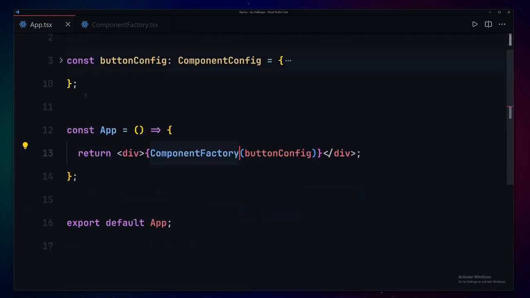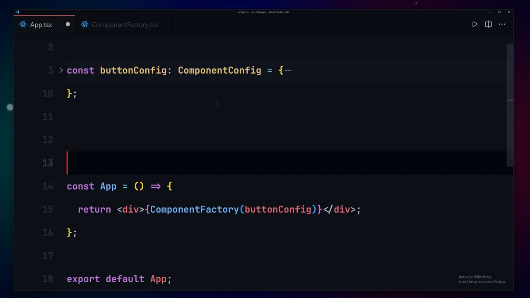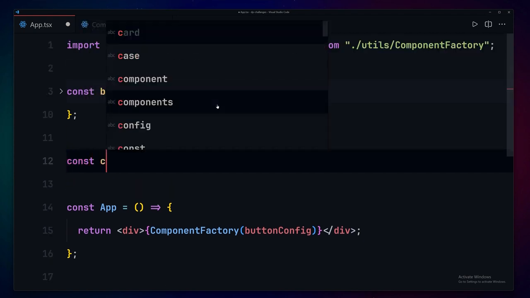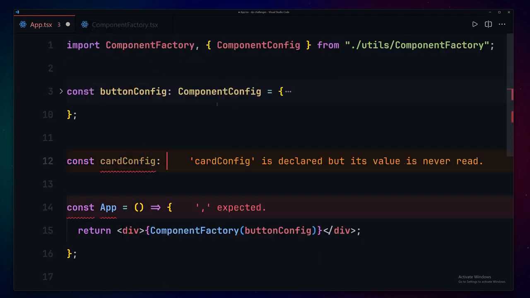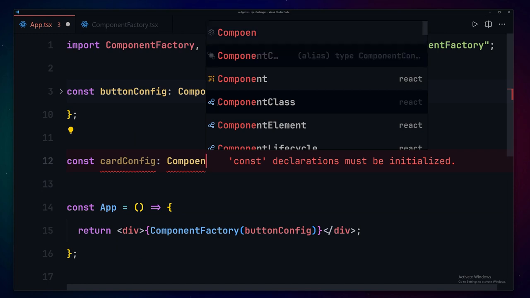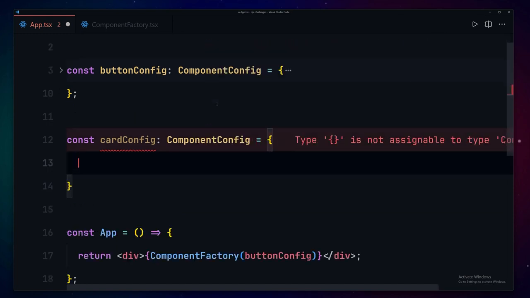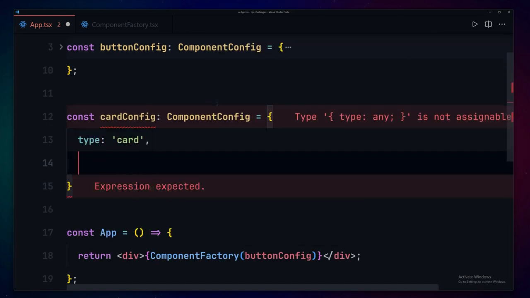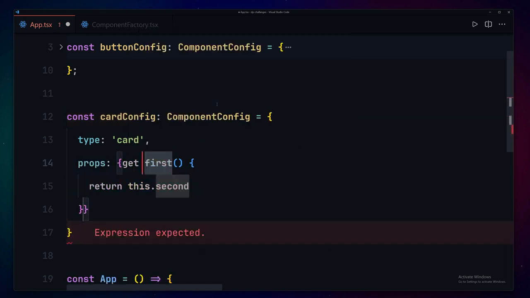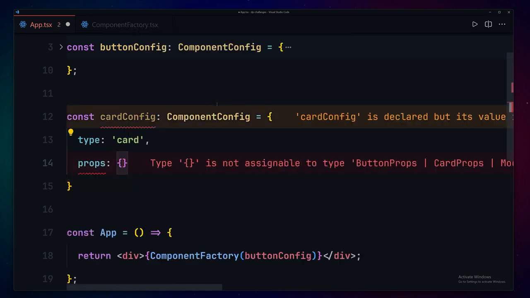And now let me just close them, and now we have to render that other component. So I'll just define a card config, and we also have to provide that component config right here. Inside there we are going to be providing a type, and the type will be set to card, and the props will be set to